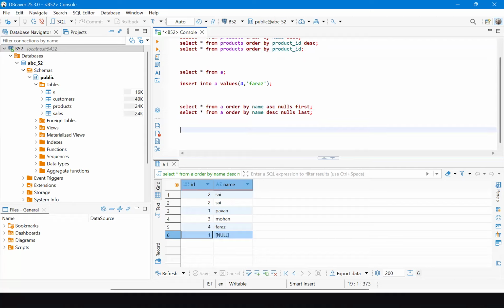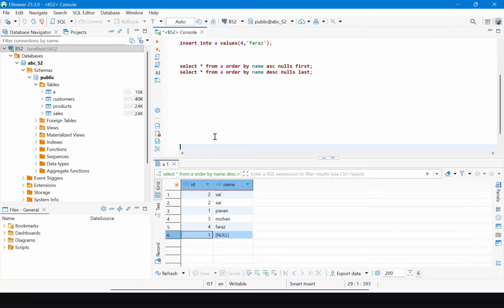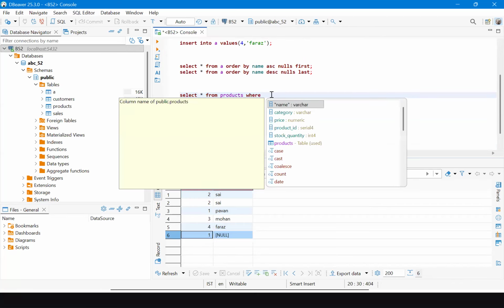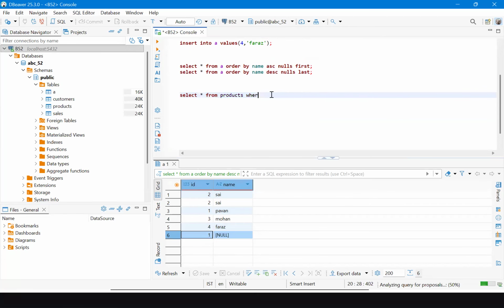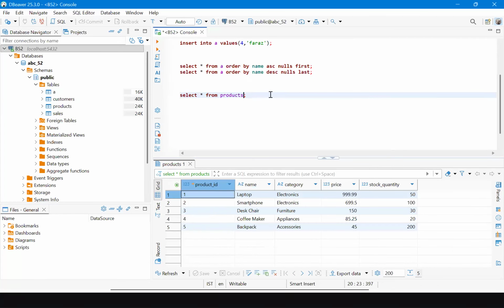So there are more methods. We'll discuss those things. Let me continue here. Select star from products where... let me go here. Okay, let me write order by product